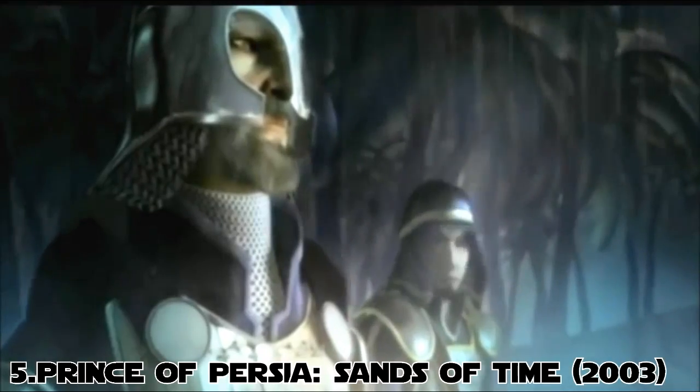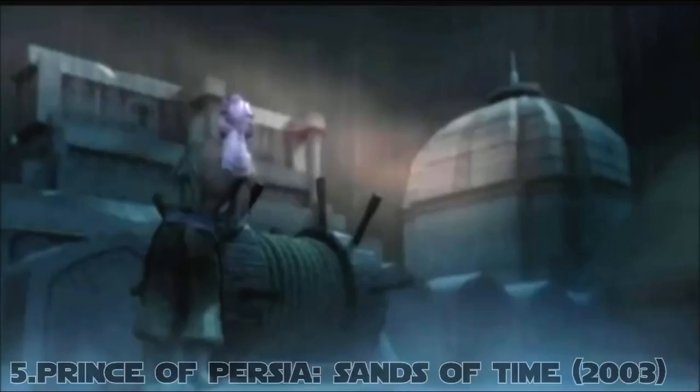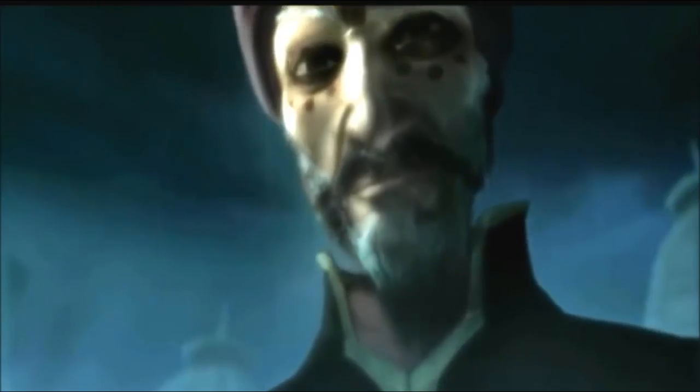Number 5 on my list is 2003's Prince of Persia: Sands of Time. Now, this is without question one of the best reboots to any franchise to date, and the plot is also pretty straightforward and simple. You will play as the nameless Prince of Persia, and when you get a hold of the Dagger of Time, the Sands of Time eventually get loose in your palace, turning everyone you know into sand